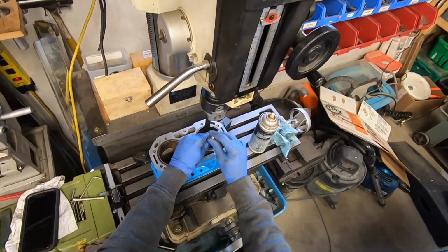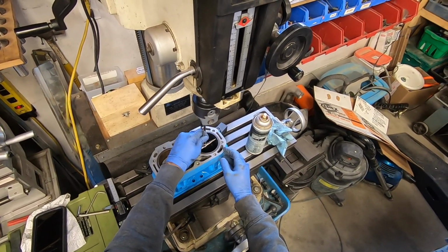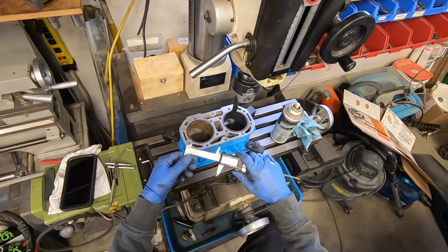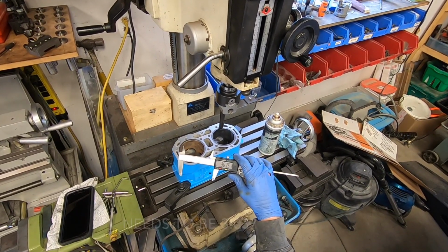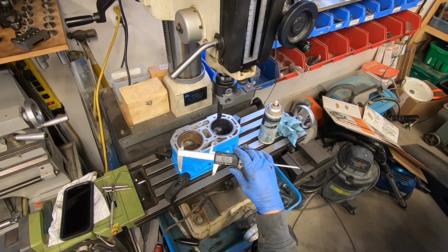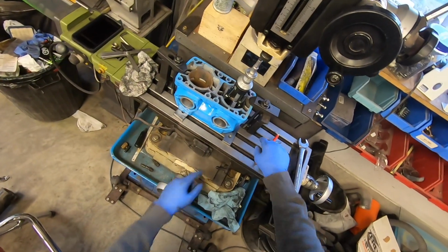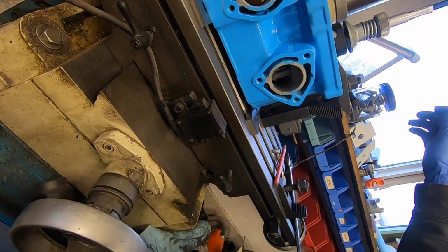Okay, so I'm going to check this with the snap gauge. Okay, so that pass that I just did took 1/1000th. My final dimension needs to be about 37. And I want to do the last 2/1000ths with a hone, so I should stop now and do the rest with the hone. Now I can make it so that the hones actually come out through the bottom but don't